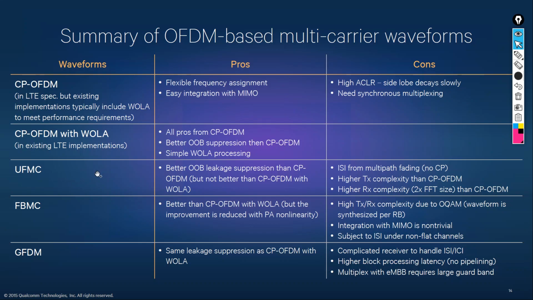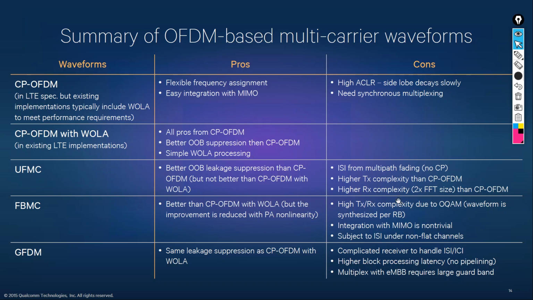Universal filtered multi-carrier has better out-of-band leakage, but unfortunately it's sensitive to ISI and its complexity is high. Filter bank multi-carrier is better than CP-OFDM with WOLA, but when you go to power amplifier nonlinearity, you lose the performance